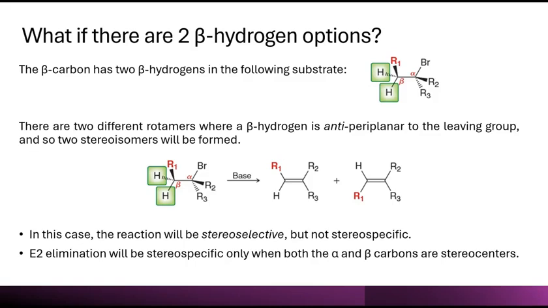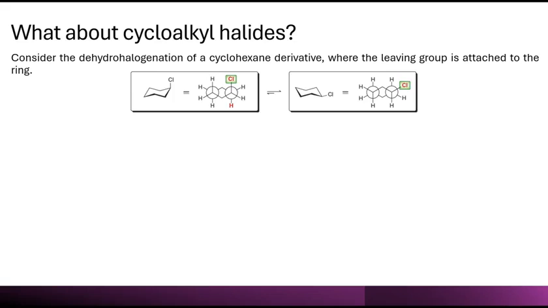E2 elimination will be stereospecific only when both the alpha and beta carbons are stereocenters. What about cycloalkyl halides? Consider the dehydrohalogenation of a cyclohexane derivative where the leaving group is attached to a ring. We do not have the potential then for 360 bond rotation of the atoms that are part of the ring. So the leaving group can either be in the axial position or an equatorial position, depending on whichever chair conformation